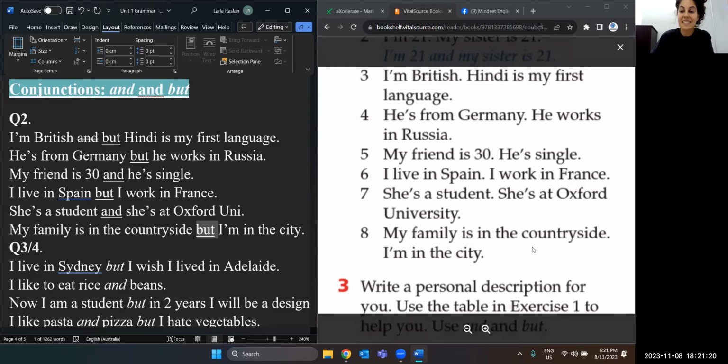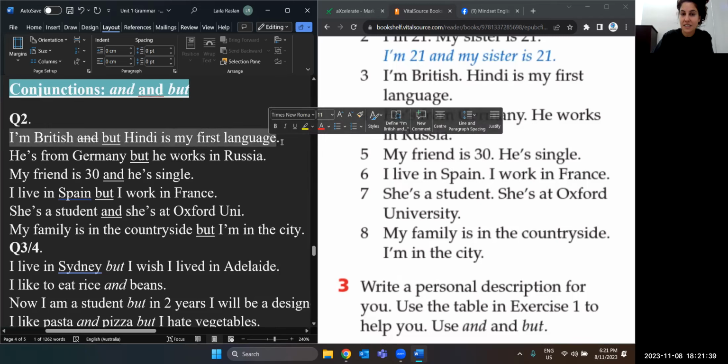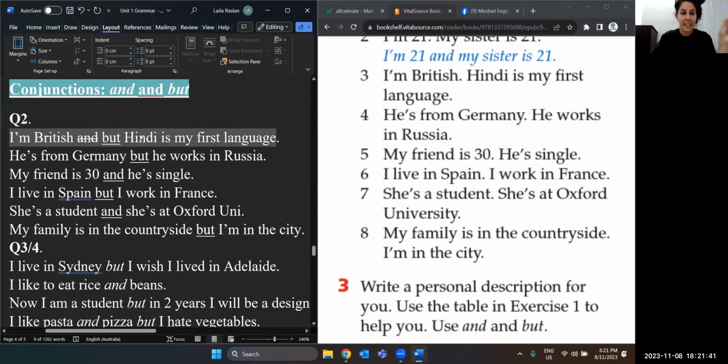Okay, let's look at writing sentences yourself. So I'm going to give you a few minutes. You're going to write 2 sentences. One is with and and one is with but. So 2 separate sentences. Remember a sentence goes from the beginning to the end in the full stop. So in each sentence, you must have one that says and in the middle and one that says but. Okay, we'll come back and check them.